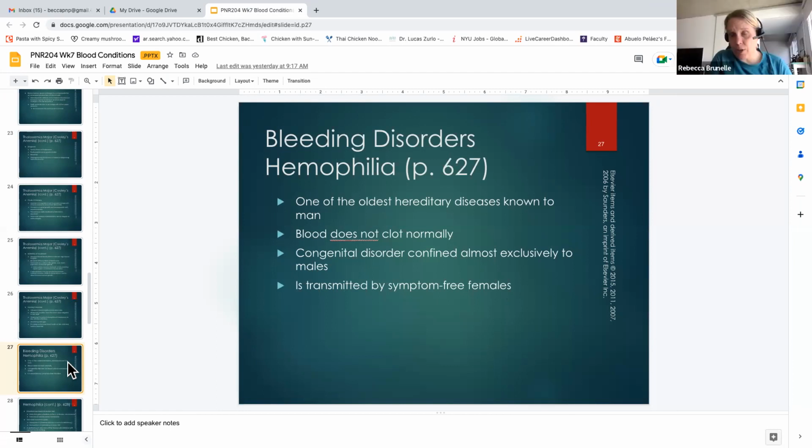Yeah, no, I understand it, because this isn't genetics, it's peds. So I don't want to make you guys map out the chromosomes and see how things get transmitted. But it is genetically inherited, so it does run in families, but they frequently don't know they have it. So it's going to be a woman that's a carrier and passes it on to her son. Okay.